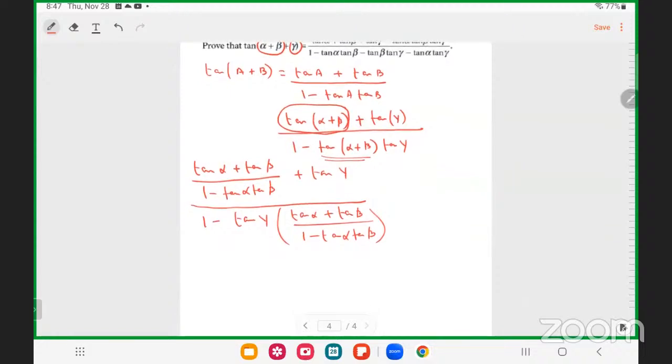So if I find the LCM, it will be tan alpha plus tan beta plus tan y times 1 minus tan alpha tan beta